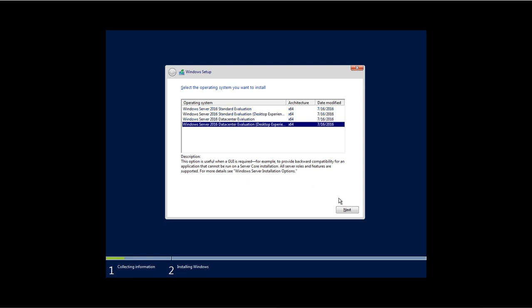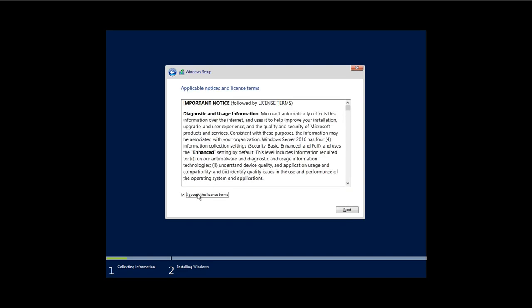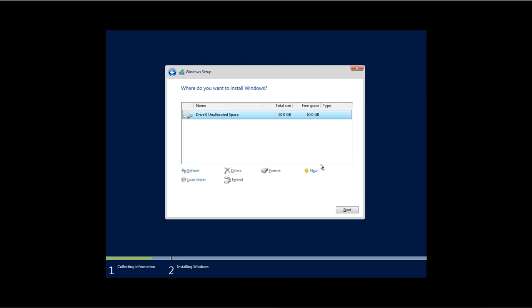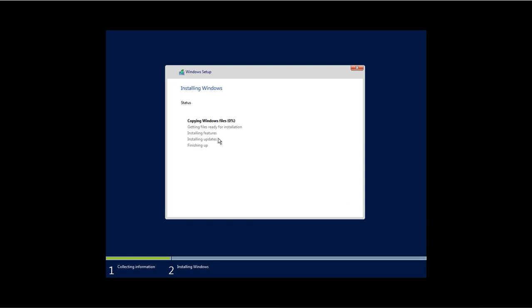So when we complete the installation steps with the help of that boot.wim file, then what is going to be installed, it will copy the files from that install.wim file. So now see, these are the steps, and when we complete this, now what is it doing? It is copying the files from that install.wim, and then it will start the installation.